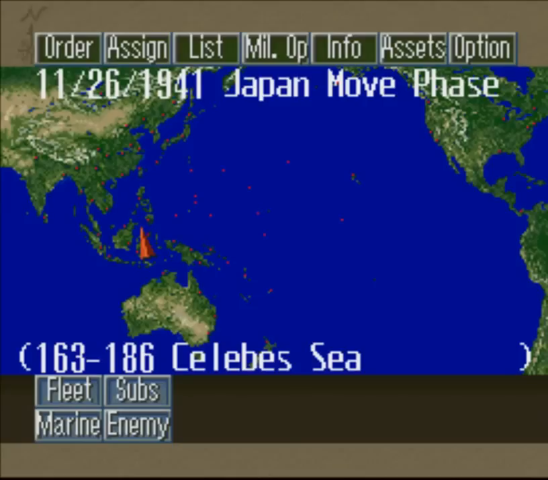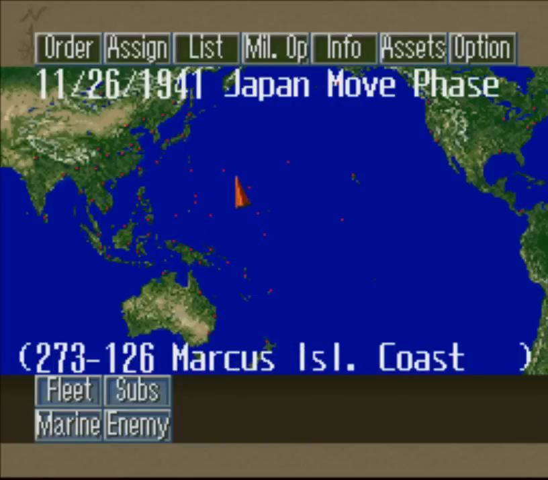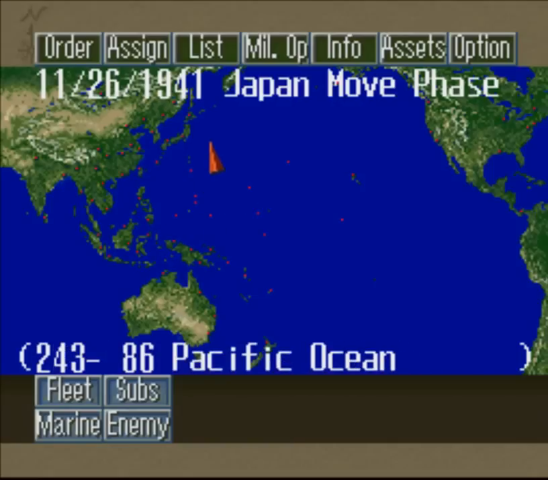It should be noted that the game forces us to declare war on the US before we can attack any other allied nation, so we will have to still fight the Americans. It's not like we can just declare war on the British and the Dutch and go from there. So, as far as how we're going to be dealing with the Americans, he's basically got me...